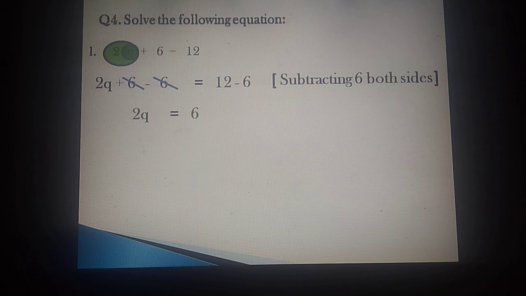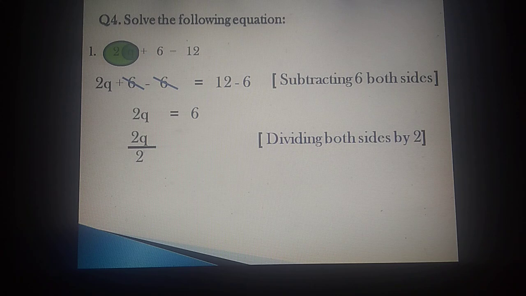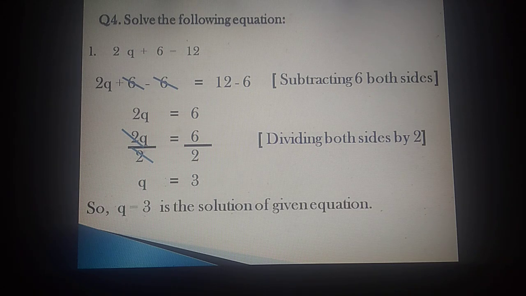Now again in the outermost circle it's 2, that is 2 into, so opposite will be divide by 2. So first LHS, divide by 2, then RHS, divide by 2. Now same value in numerator and denominator, so we will cancel it. We will get q here, and in RHS you will get 3. So only variable is left. This is your answer. I hope all the sums are very clear to each one of you.